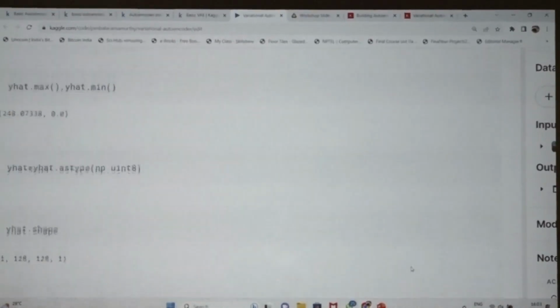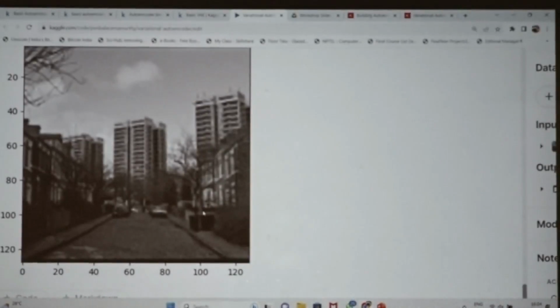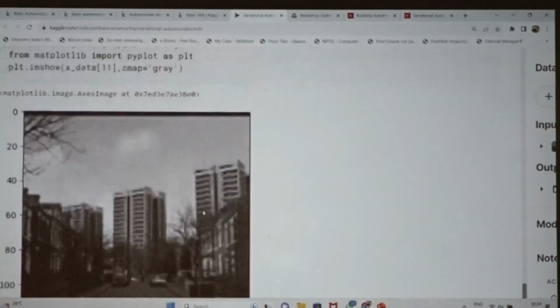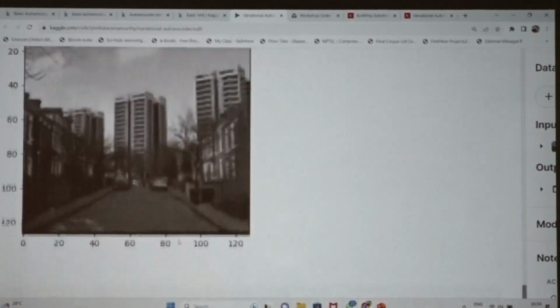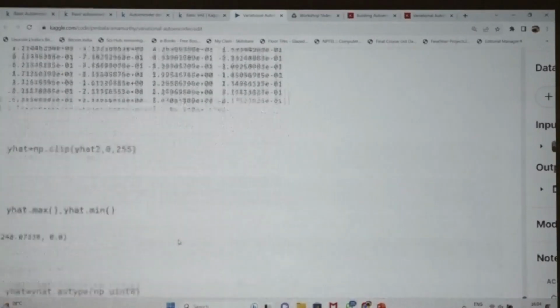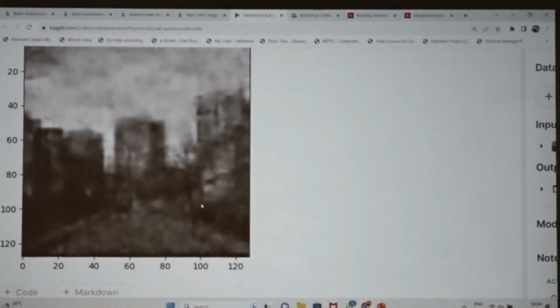After 500 epochs it is generating like this; some shape is coming. I have executed this for 10,000 or 15,000 epochs, and it gives a good picture. I have seen that.